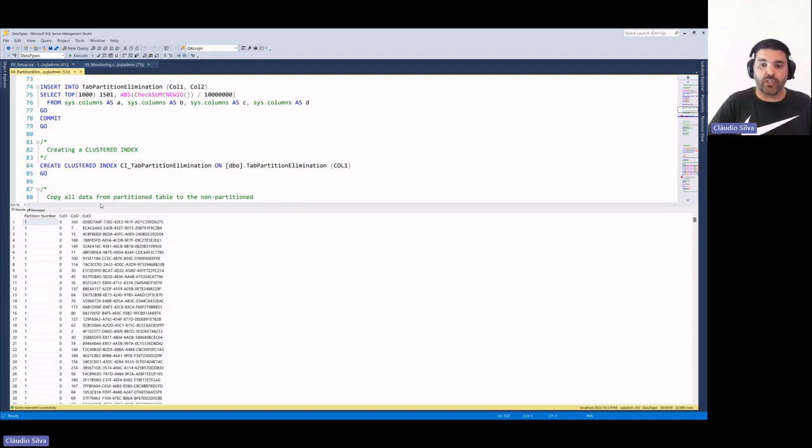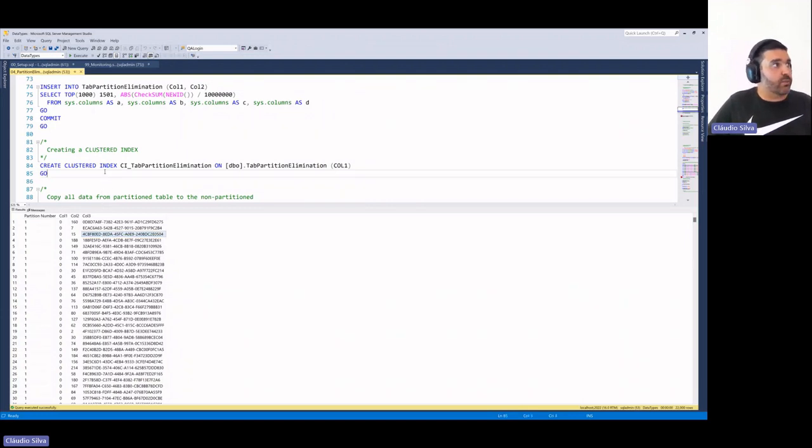However, when you have partitioning in place, if you do the queries in a proper way, and if you are filtering by the column that is part of the partition key, you can get something called partition elimination, which is the ability of the engine to discard reading some partitions because it already knows that the value you are trying to find won't appear there. Let's see an example.